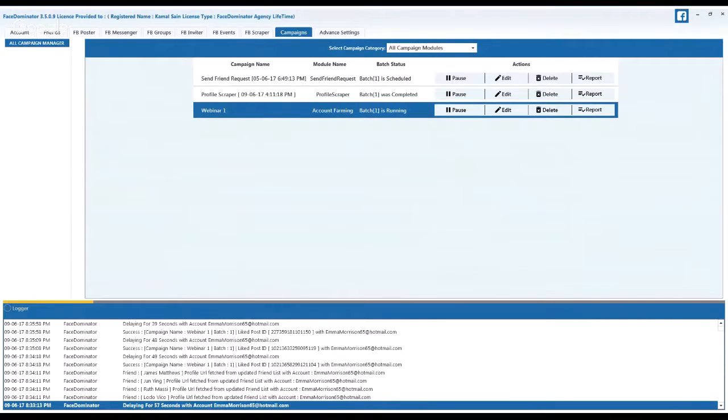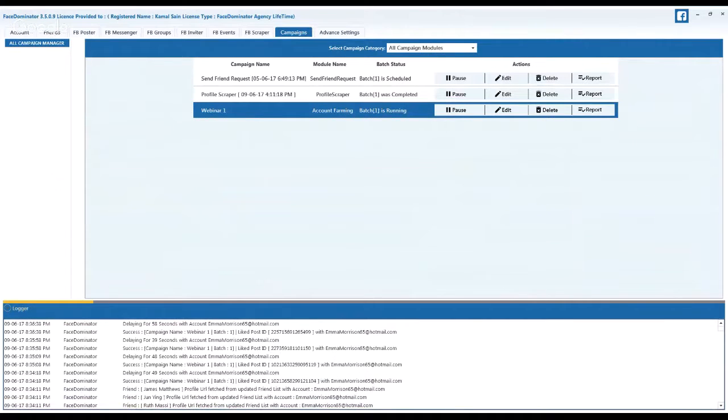So that's what our step 5 was. It was to create an account farming campaign with the tool to schedule normal activities like auto accepting friends, commenting randomly on friends' walls, randomly liking friends' posts, posting random updates on the wall, liking page posts randomly, sending requests to suggested friends, and sharing random posts from your news feed.